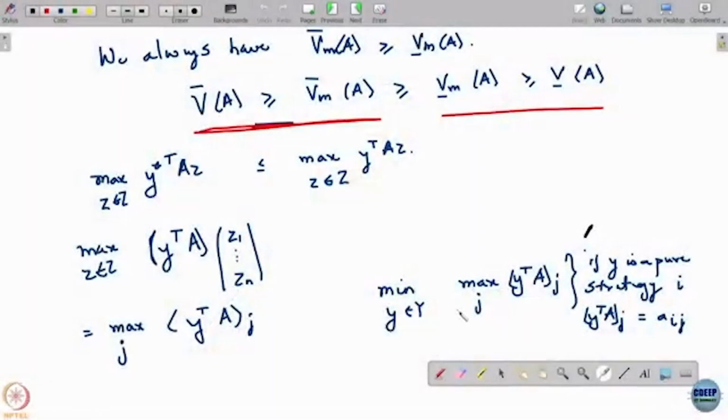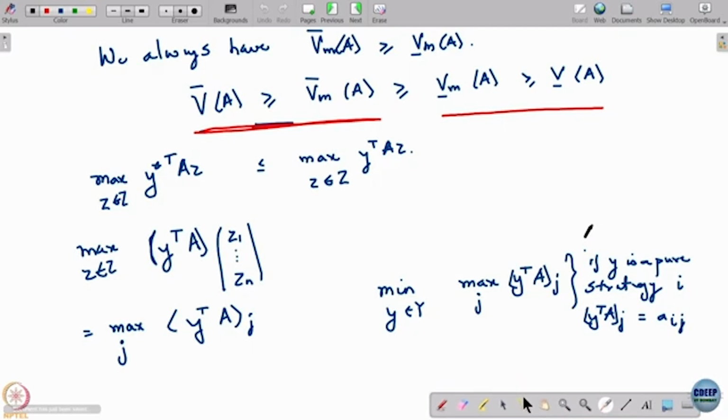V bar of A not equal to, that is because there could be in general, this is certainly more general than that. Okay, all right. So, the reason for that is, maybe I can just talk about that here. So why are these not equal? We just showed that V upper bar is greater than or equal to Vm upper bar, but then why are they not equal? The reason they are not equal is if you see this expression here,